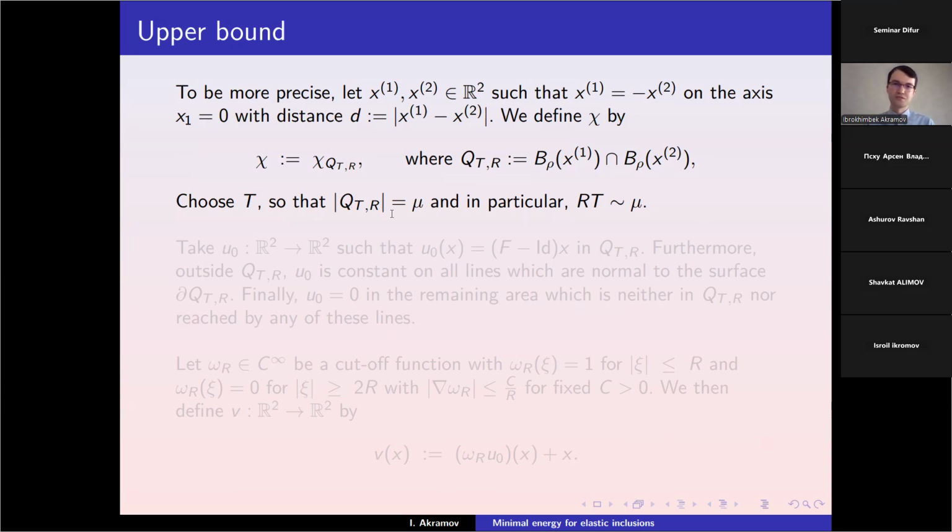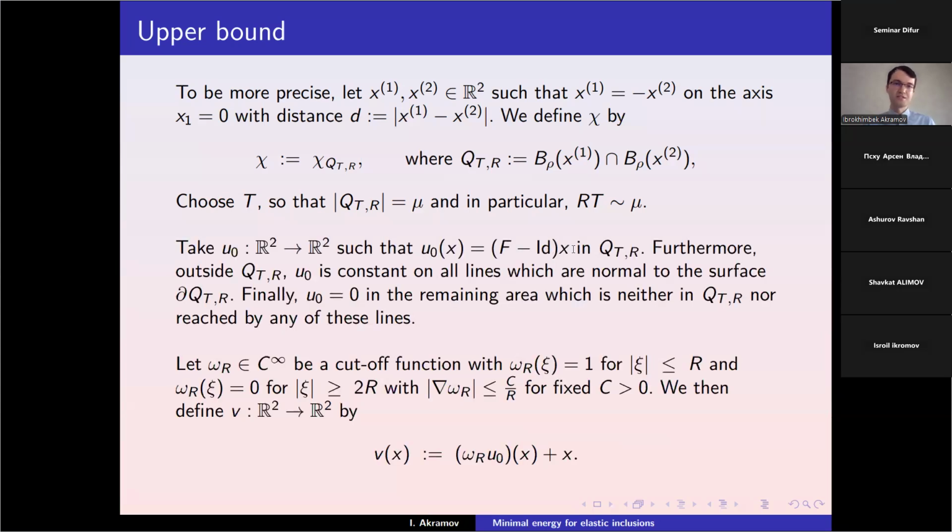And choose t so that the measure of Q_t^r is equal to mu, and in particular we can choose t so that r times t is equivalent to mu. Then we take u0 such that it is F minus identity times x in Q_t^r,